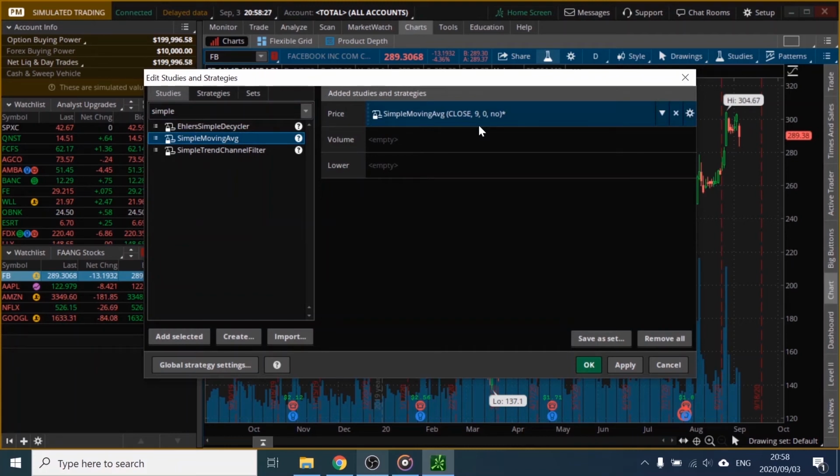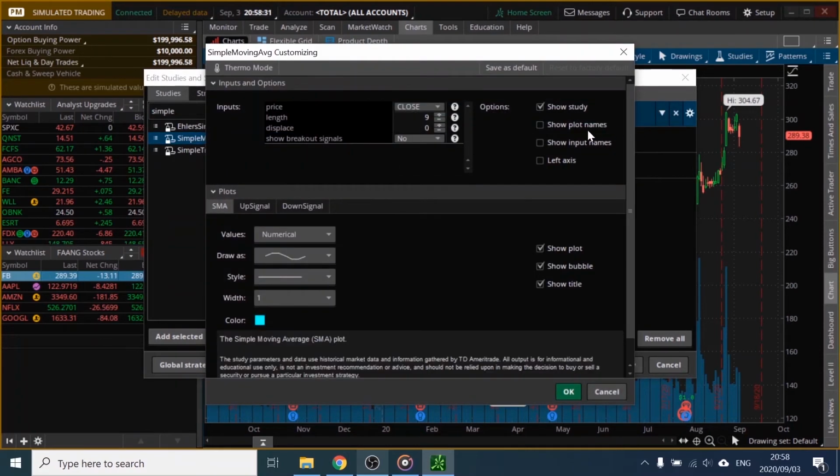We can change the settings of an indicator by clicking on the cog next to it. You might decide to change the duration of the moving average to 20 and also change the color of the line by clicking on the color. As an example, change this to yellow so we can easily identify this indicator on our graph and then click